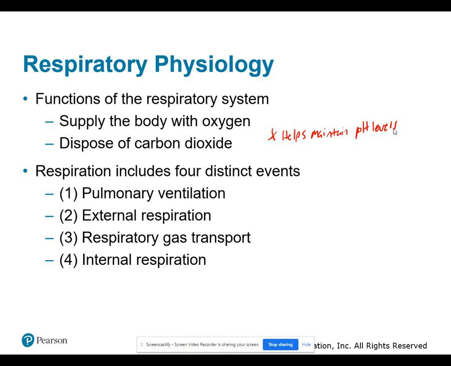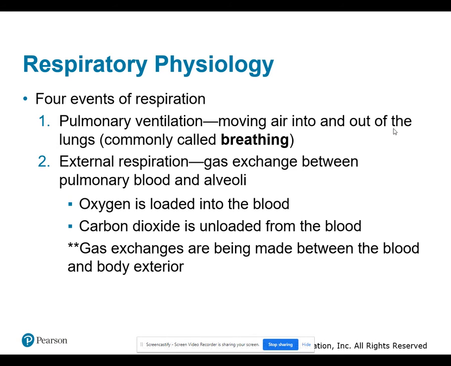Now, respiration includes 4 distinct events. So, respiration, I mean breathing. You have pulmonary ventilation is the first step. The second step is external respiration. We have respiratory gas transport, and then internal respiration. So if I was going to talk about these 4 events of respiration, let's first look at a brief description